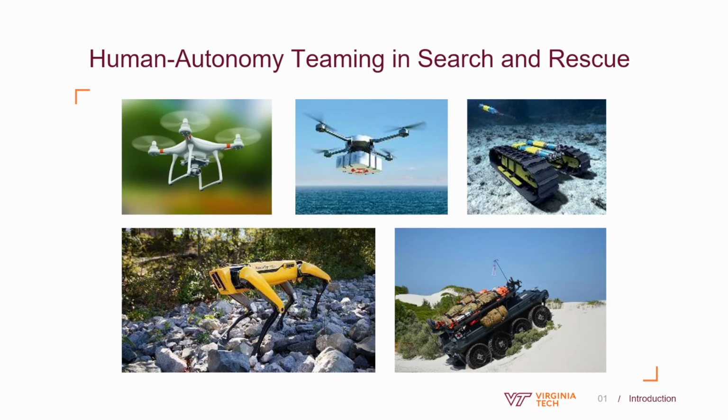These systems can operate in areas where it may be difficult or dangerous for humans to reach, such as rough areas, dense forests, or areas with hazardous chemicals. UAVs, commonly known as drones, can be equipped with cameras to locate missing individuals or provide a bird's-eye view of the search area. They can provide situational awareness to SAR professionals to make more informed decisions. For example, UAVs can capture real-time footage of the search area, providing SAR teams with a better understanding of the terrain, weather conditions, and potential hazards.